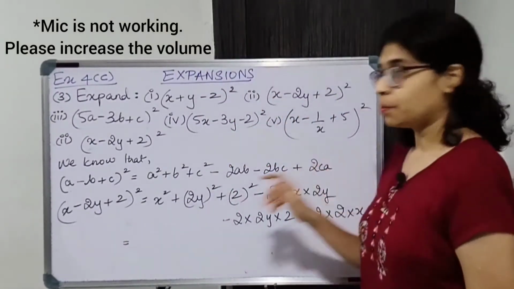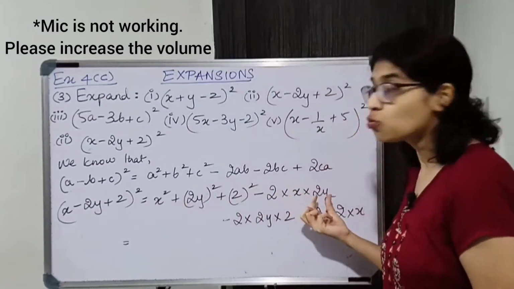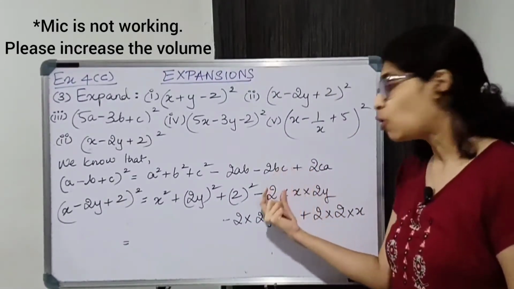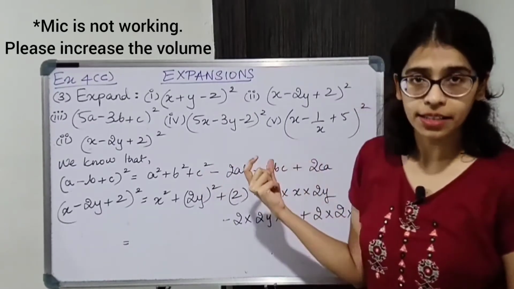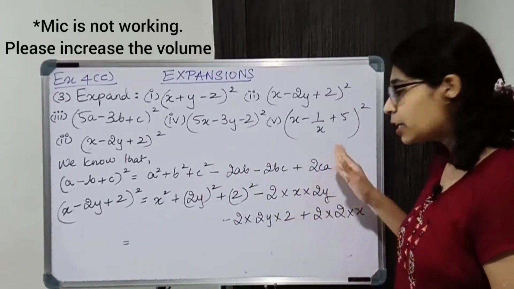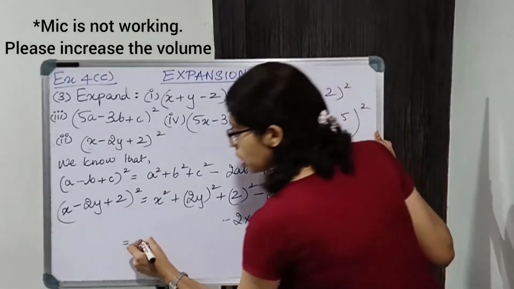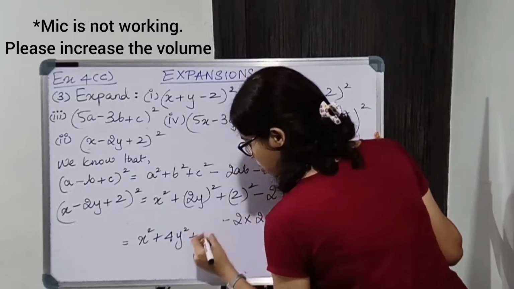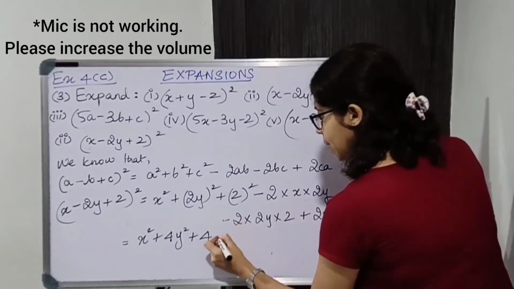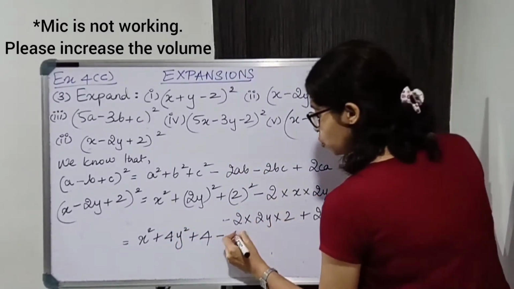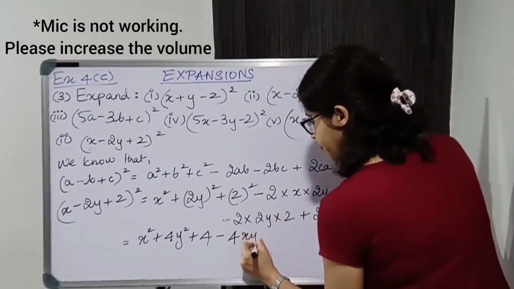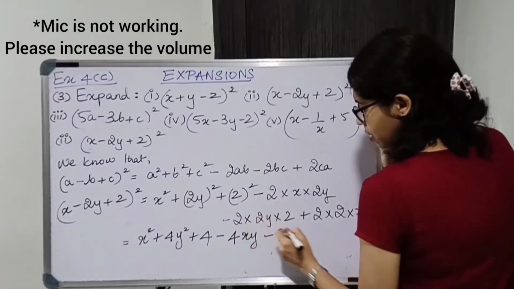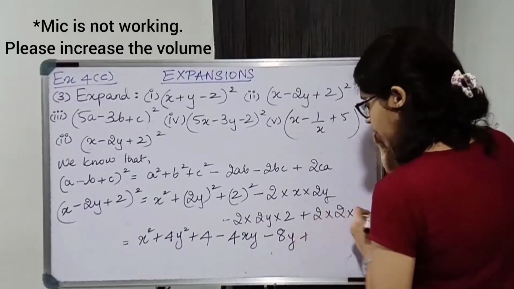Now students, minus 2y here, then don't put minus 2y over here. You have to put positive 2y only over here. We already have put negative sign in the identity, so you don't need to put negative sign again. X square, 2 का square 4, y square plus 2 का square 4, minus multiply the numbers first. 2 into 2, 4, x, y. Minus multiply the numbers first. 2 2s are 4, 4 2s are 8 into y. Again multiply the numbers first.